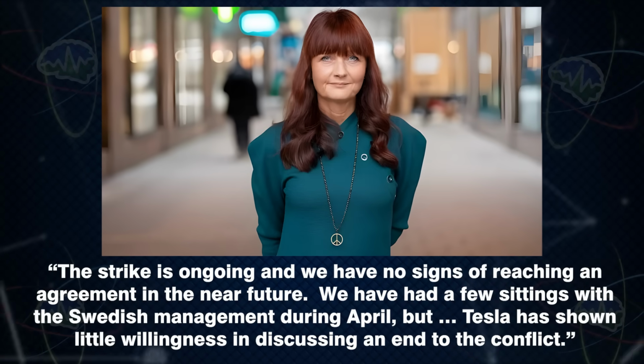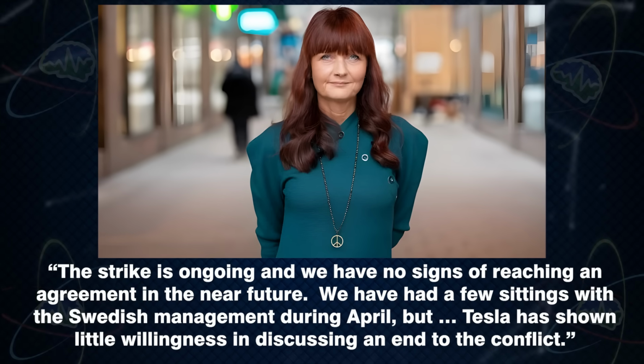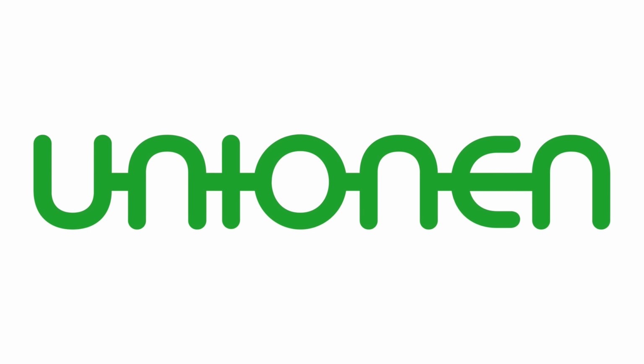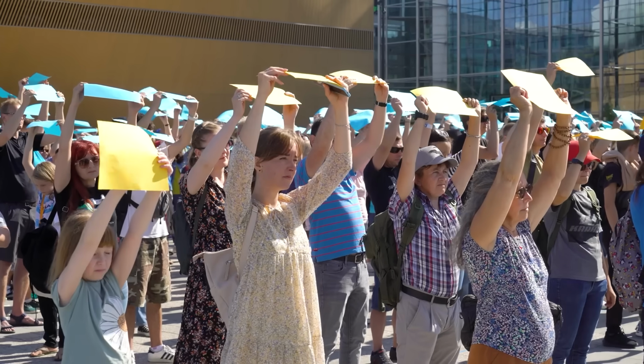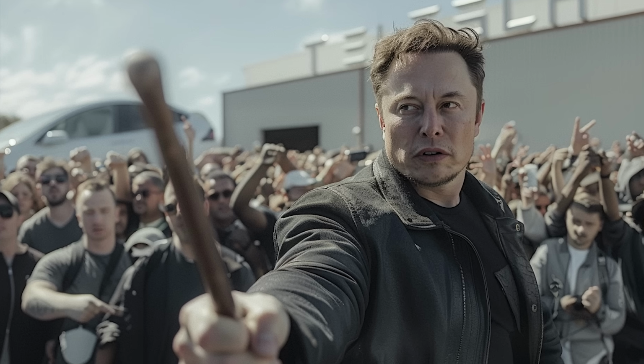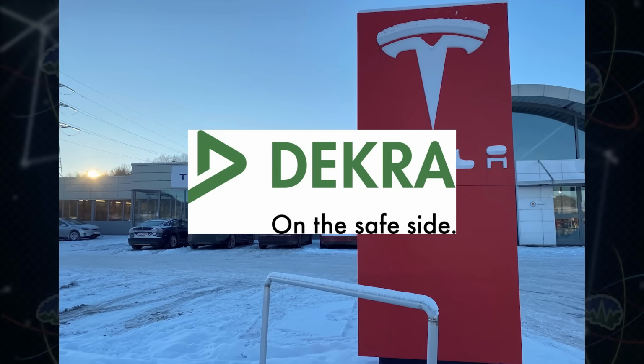We have had a few sittings with the Swedish management during April, but Tesla has shown little willingness in discussing an end to the conflict." And now Sweden's largest union, Unionen, along with a dozen other smaller unions, joined IF Metall in support of their strike against Tesla. Unionen began a blockade last week against Tesla at the company Dekra Industrial AB, which performs inspections